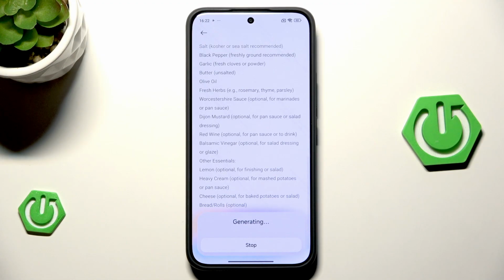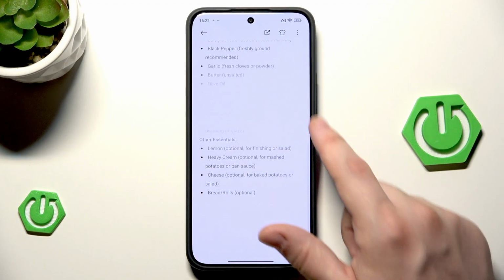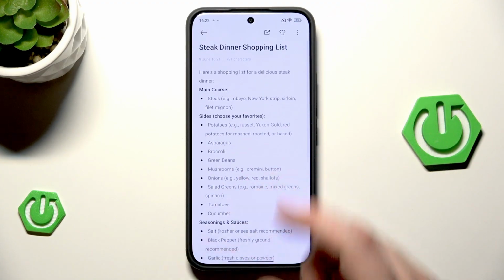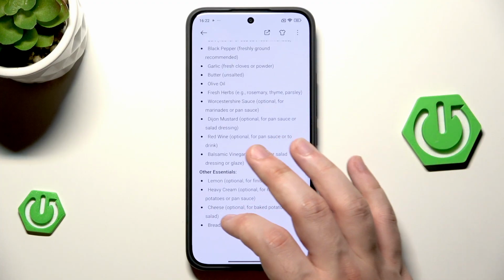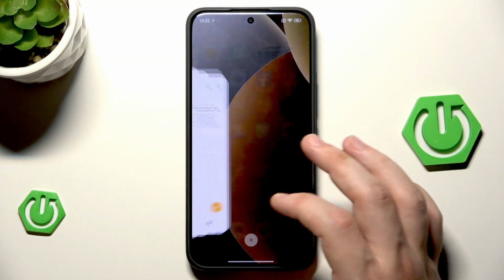We have a dinner recipe. Click on done, and as you take a look, it also worked and everything has been generated. Okay, so that's the AI in the notes. Let's get back